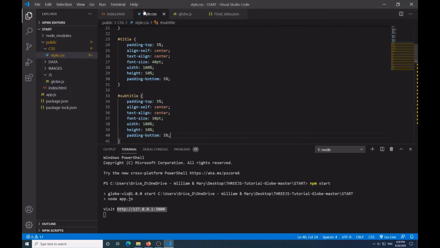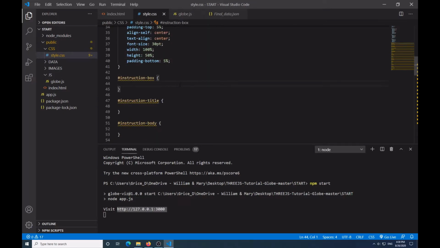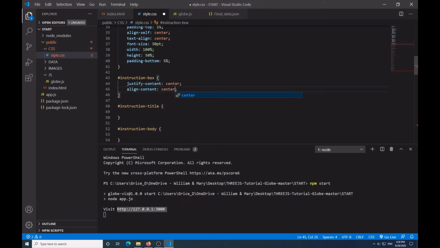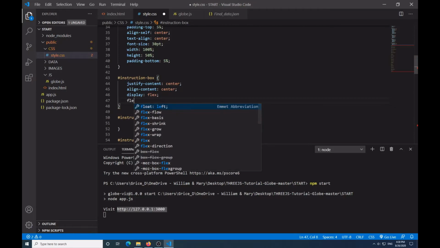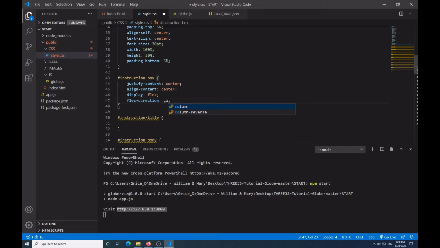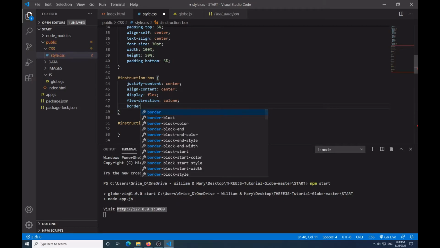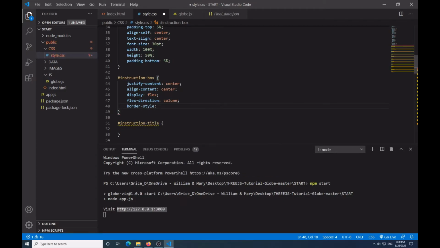So then in my styles, what I'm going to do is go down to my instruction box here. In my instruction box, I'm going to say justify content center, and say align content center, display, it's going to be flex, and say flex direction is going to be column, and say border style is going to be inset,